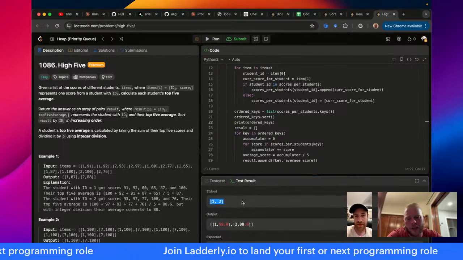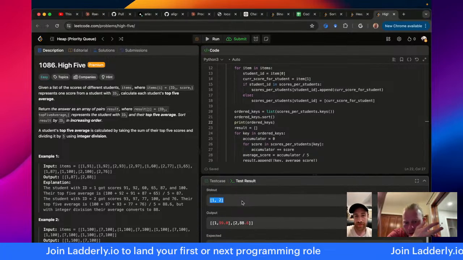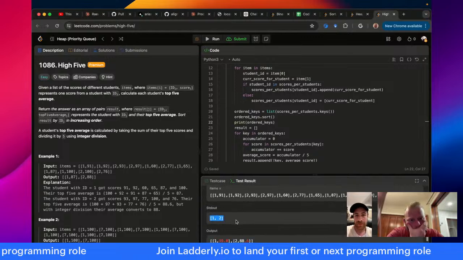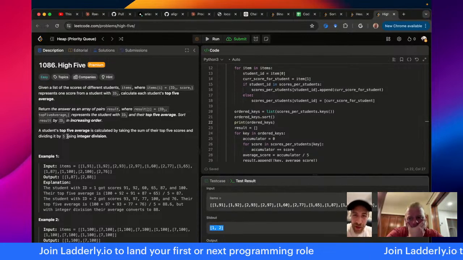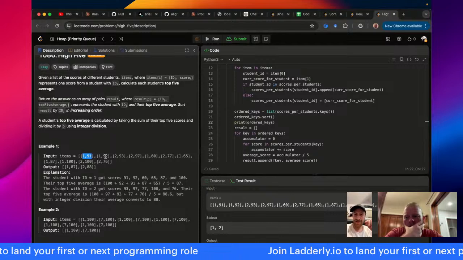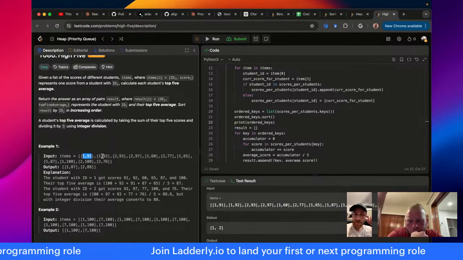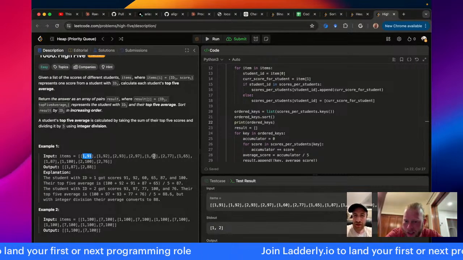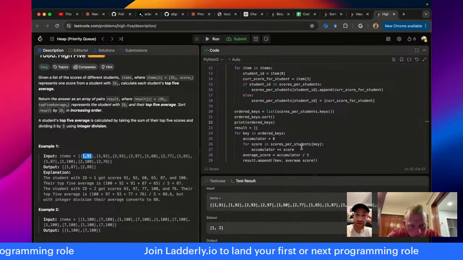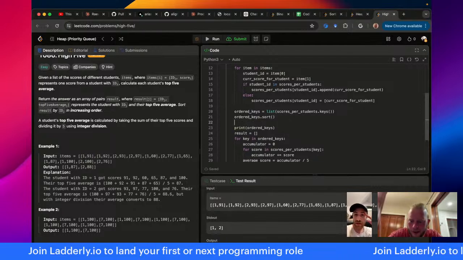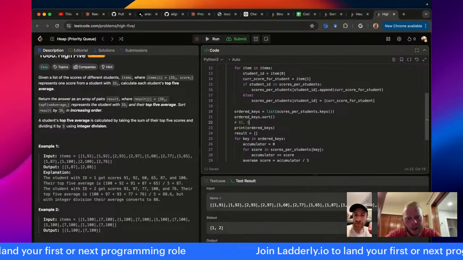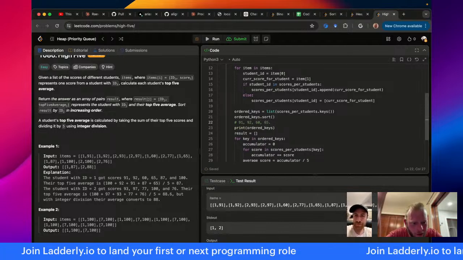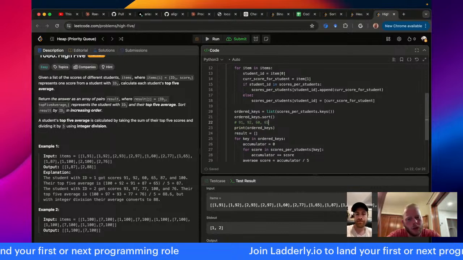So here's my standard out, and it says 1, 2. Those are the ordered keys I expect. Mm-hmm. So what am I doing wrong here? I wish I had a computer to look at this. Let's see. I got 91, 92. Oh, am I crossing my keys? I got 91, 92, 60. Let me write down this test case. So I have 91, 92, 60. 65, 87. Oh, 65, 87.